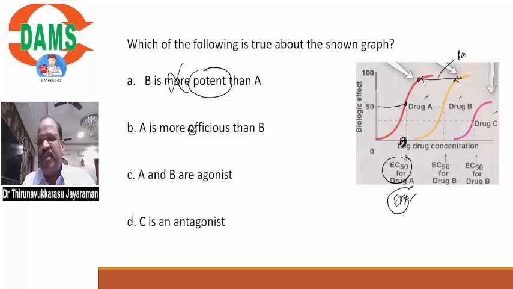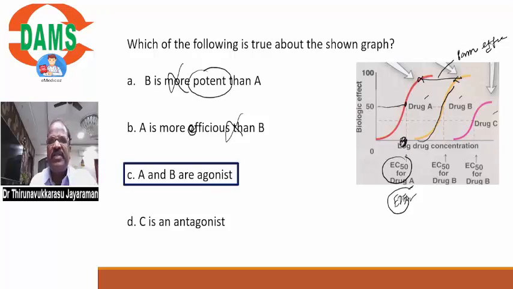So almost the same efficacy. So we can't say A is more or B is more. Okay, so A is more, wrong. Both are the same efficacy. And then A and B are against, C is the antagonist. See, all these drugs are producing action only, so increase response only. So A and B are against, that can be possible. C is antagonist, wrong. It's not possible. Okay. So answer for the question is option number C.